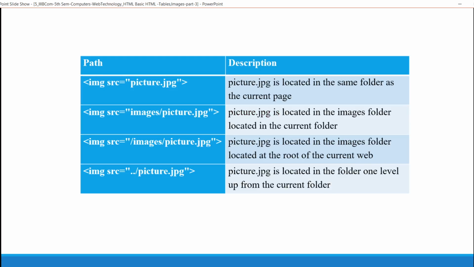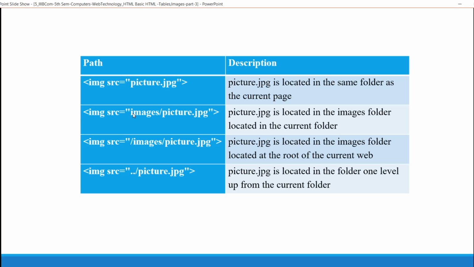We have seen these in our example. If you observed the images that I ran in our browser, I have given rose.jpg, b1.jpg, elephant.jpg, etc. This source provides the location in the same folder as the current page.